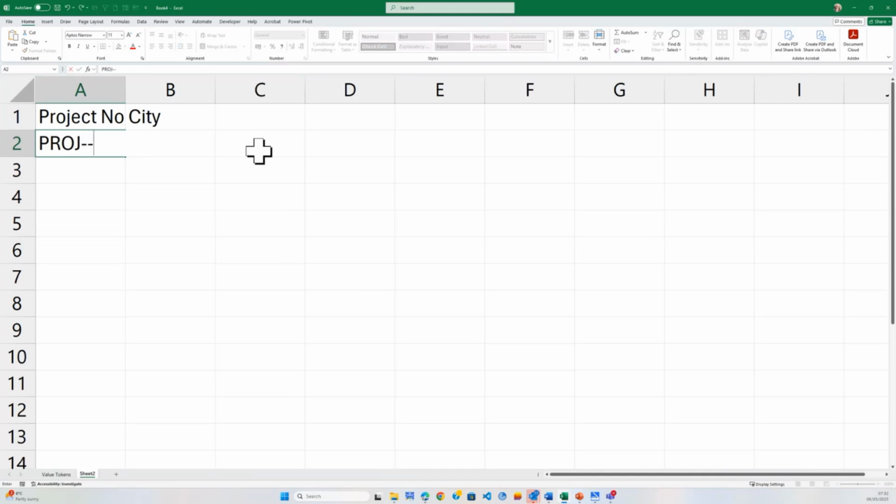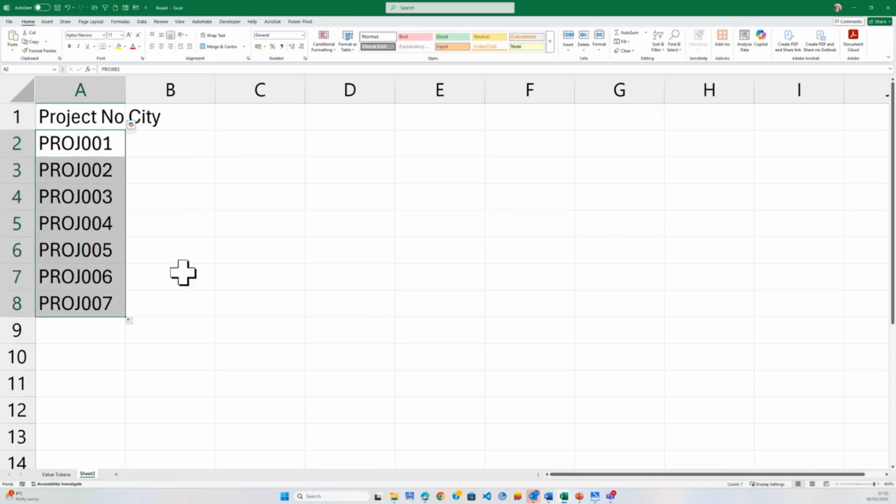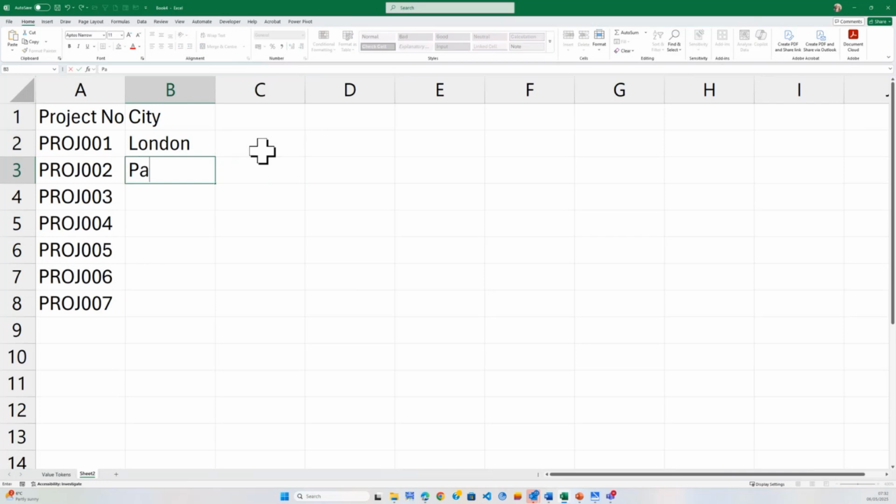Project 001, and let me just drag that down just a few, and I'm just going to put London. We can put Paris, it doesn't have to be in the UK, Tokyo,